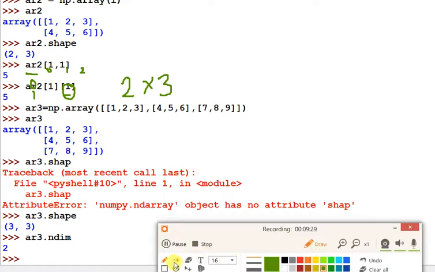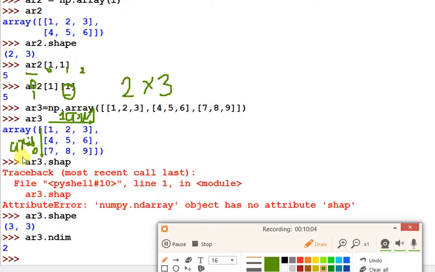I'm drawing this to help you understand the concept of axis.